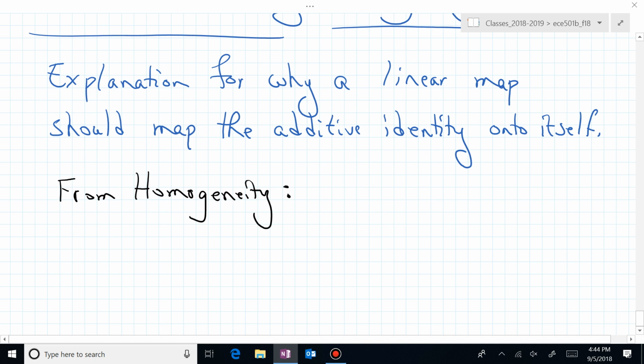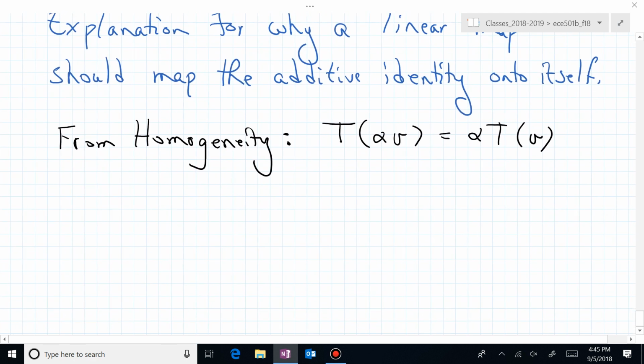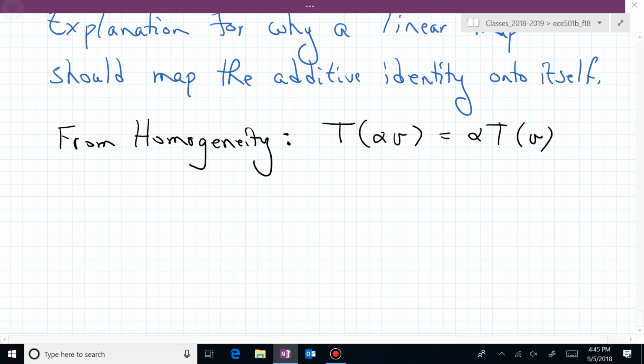What's the homogeneity property? That's T of alpha V is equal to alpha T of V. So if a map satisfies homogeneity, it needs to satisfy this. Now, what we can do